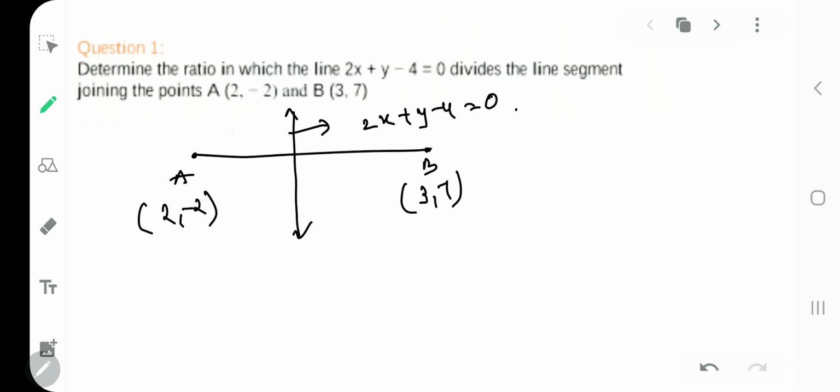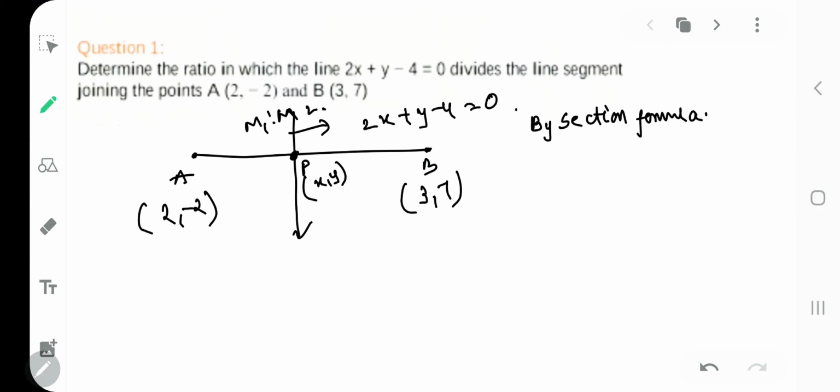We have done the ratio, that is m1 is to m2. Yes, that is the ratio in which that point divides the line in section. So here we have to find m1 is to m2. How will we do it? Now my dear kids, if this is a point P, to find the coordinates of P, that is x and y, because it divides the line in a section, we are going to use the section formula.